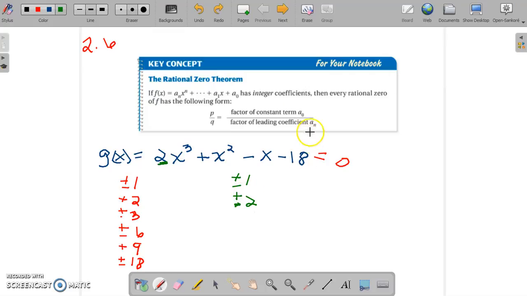If I put all of my different combinations of a ratio between a factor of the constant divided by a factor of the lead coefficient, I will have all my possible rational zeros. So I'm going to do that in black, and just list them over here. I'm going to take all of my factors of 18 and put them over each of these factors. So it's plus or minus 1 over 1,